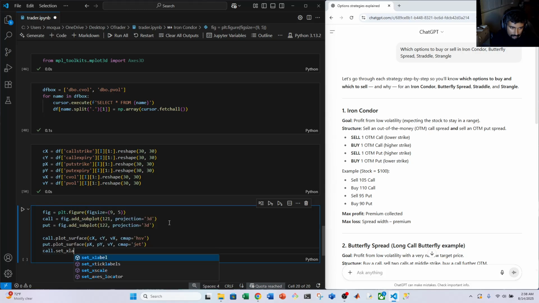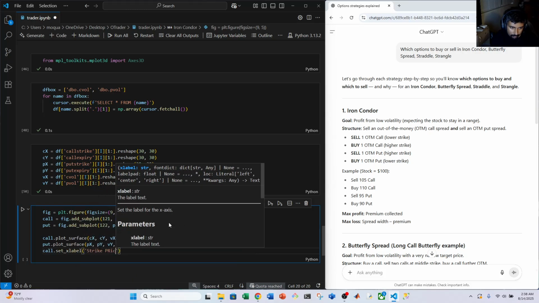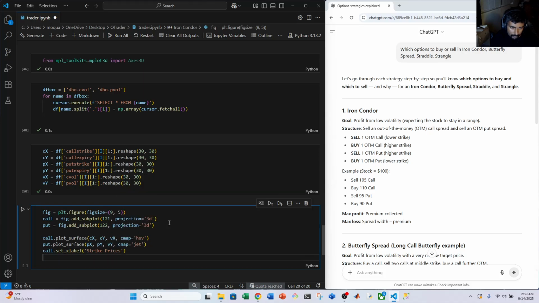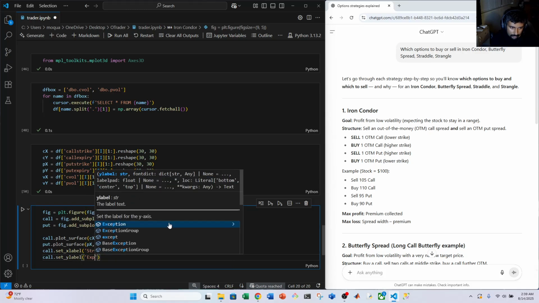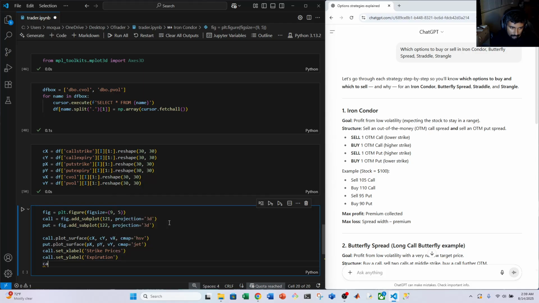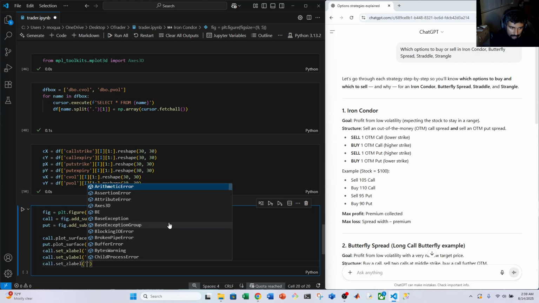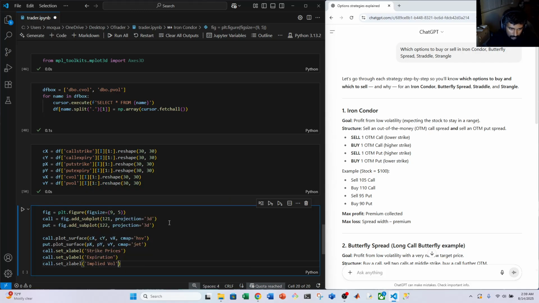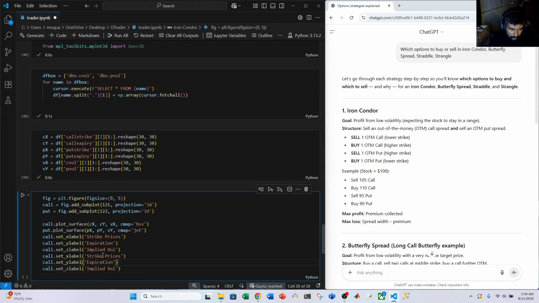and then it'll be call dot set X label strike prices, call dot set Y label expiration, and call dot set Z label implied vol. So let me come over here and copy this. So this will be put and put, run it,